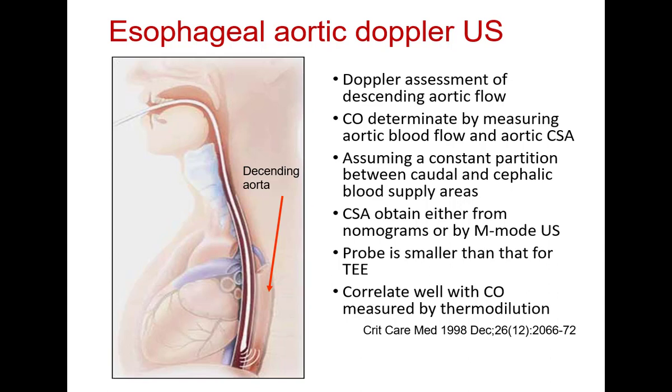What it presumes is that a constant proportion of the blood goes into the descending aorta and some proportion goes into the upper part of the circulation. This is a presumption that the cephalic and caudal distribution remains static throughout all conditions. But you know that this doesn't occur all the time, because there can be a redistribution. Peripheral vasoconstriction can also change the entire picture. The size of the aorta, which is considered to be constant, may also change in stages of vasodilatation. So all these are shortcomings of this device. They may not be absolutely accurate, but they correlate well with cardiac output measured by thermodilution.